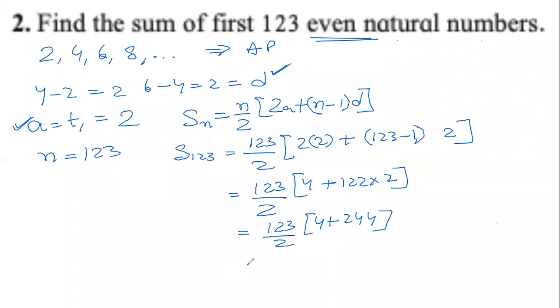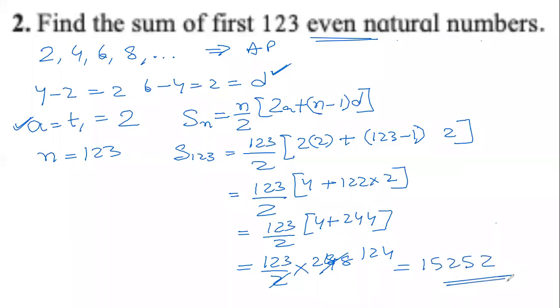Now when we move forward, and Aarti, see how I am writing, where the equals to signs are and where you are writing. 123 by 2. Now you can remove the brackets. 244 plus 4 is 248. Sorry for the mistake. Then this becomes 124. Now 123 into 124, you have calculated and told me. I will look at your answers now. You have multiplied it correctly. 15252. And this is the answer.